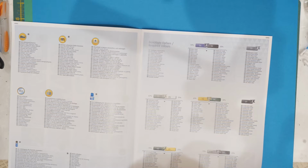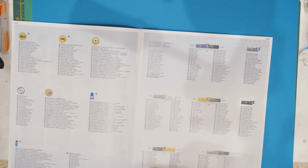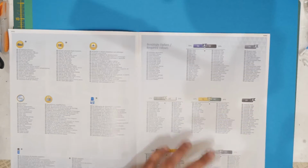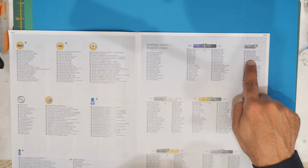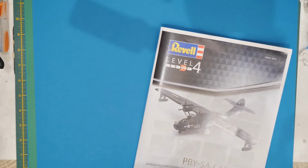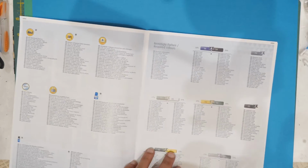Yeah, I'm sure I can find a single colour that'll do that, because mixing colours like this for such large areas is a bit dodgy, because you may run out of paint. Anyway, I'll have a look around at my shop that has paints and find a single colour for A and C. Assuming I paint A, because I like the dark blue. Paint it as the box art, or I could